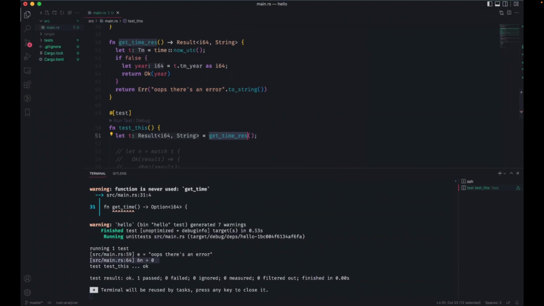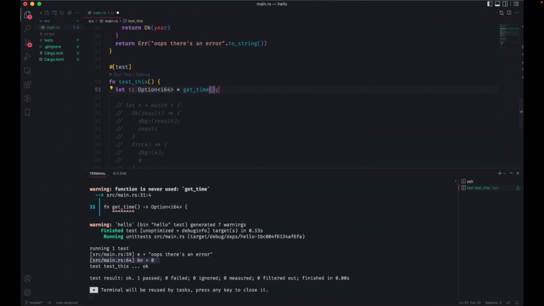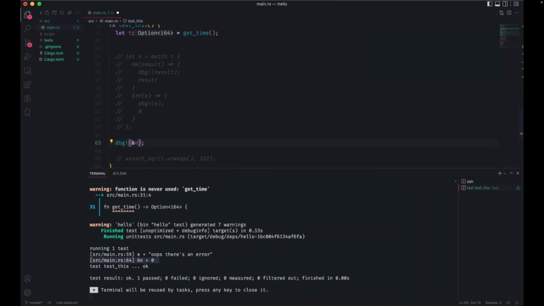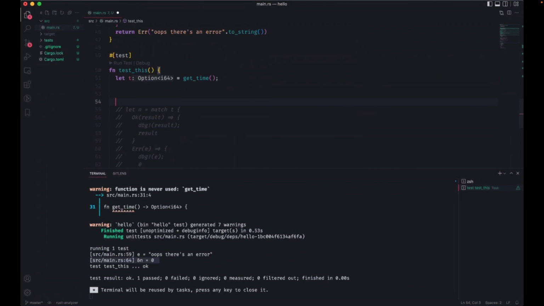Okay, I'm going to go back to the option type, get time as an option, and I'll show you another error handling that you do here. This is for just option types. There are a lot of things I could say about this, but you basically see this pattern everywhere.